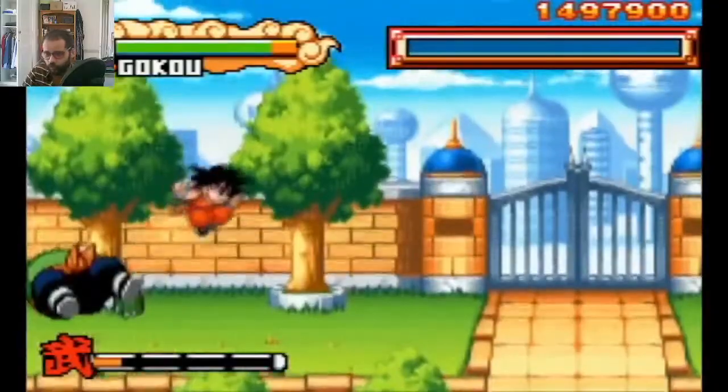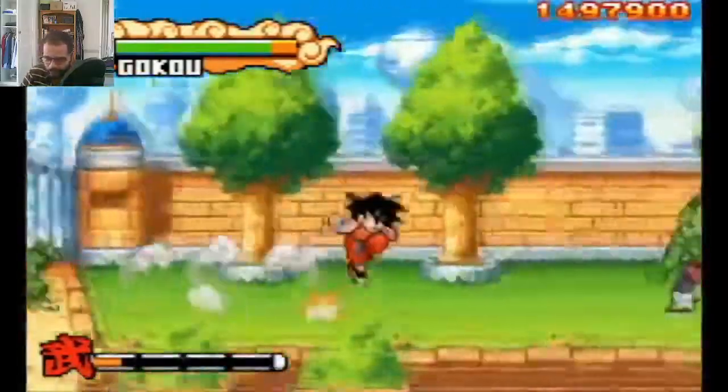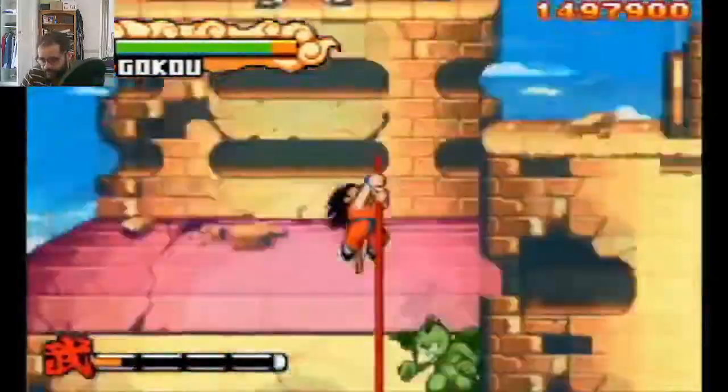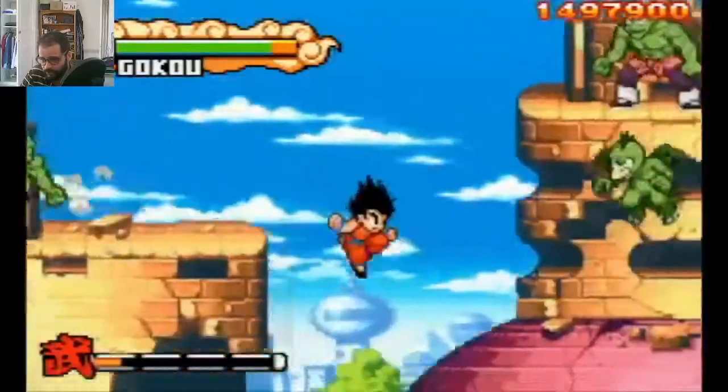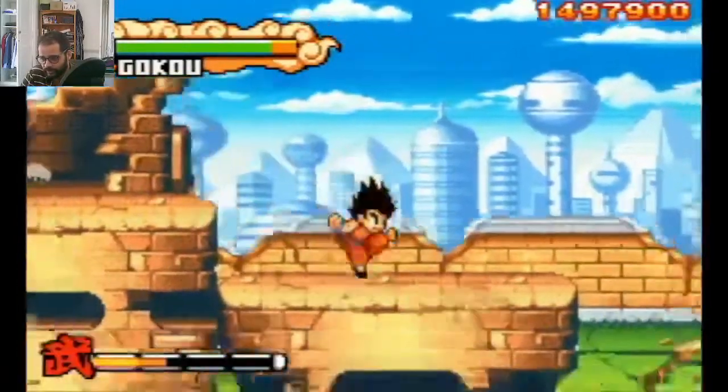That fight went okay. I will not say that was perfect, but it went okay. Really difficult to deal with that guy. And that's the last section of the game, where you have to cross the full stage to get to Piccolo. And here I take just this